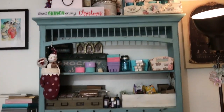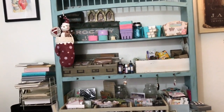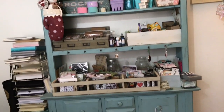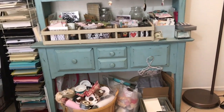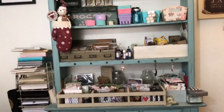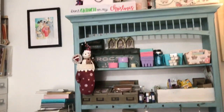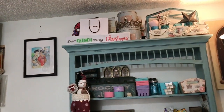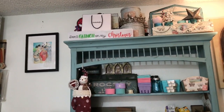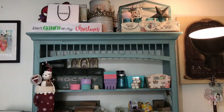And I'm just going to pull it away from the wall, and on here I'm going to dry brush it with the Annie Sloan white chalk paint. So I plan to record this and go along so you can see, because I had a video where I painted a vintage high chair for my nephew, but for some reason I can't seem to load it. So I'm going to try that one again. But if you guys would like to come along the ride, that is what I plan on doing